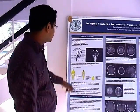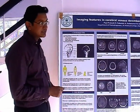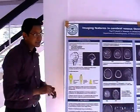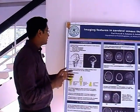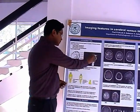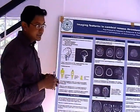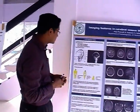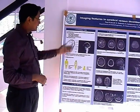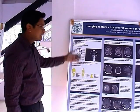So this is the illustration, and this is an MR venographic picture of the cerebral venous system, which illustrates the same, but I'm sorry about the picture. It illustrates the percentages of the incidence of thrombus in each of these venous systems. For example, in the superior sagittal sinus, which is the most commonly affected system, the incidence of thrombosis is around 62% among all patients who come up with thrombosis. That in the transverse sinus is about 40%. The cortical veins and the remaining sinuses are about 15 to 20%, and the remaining